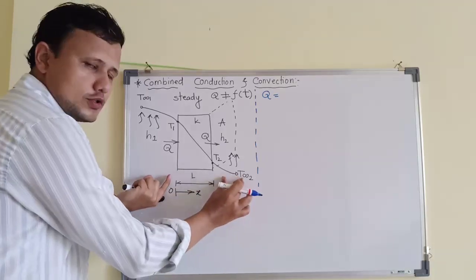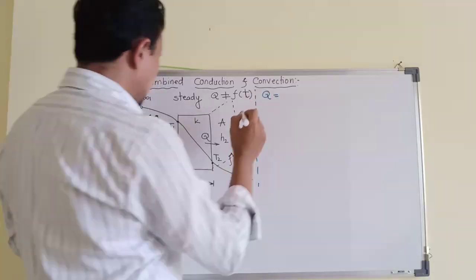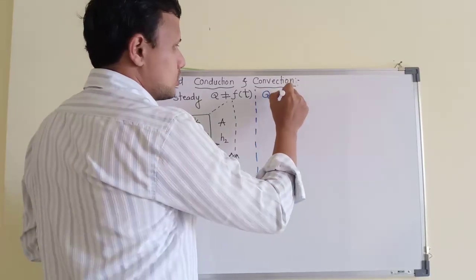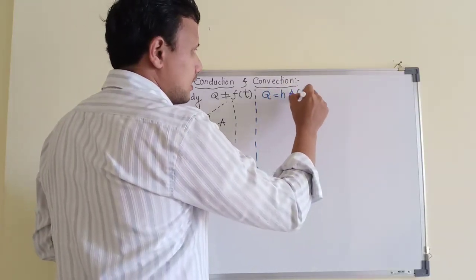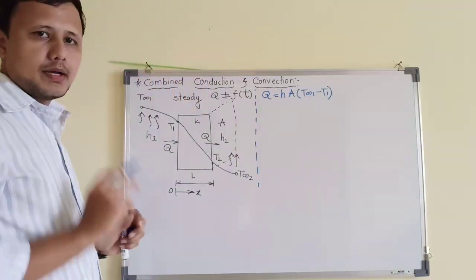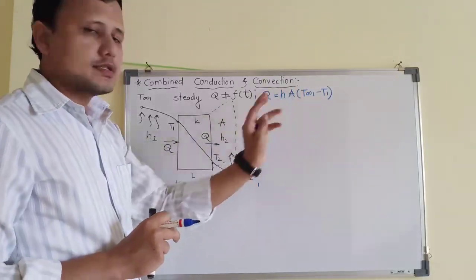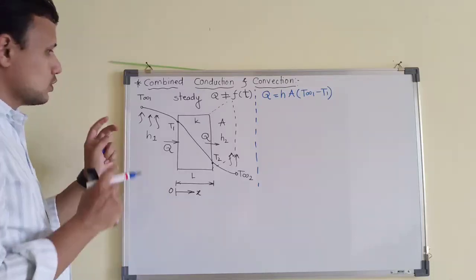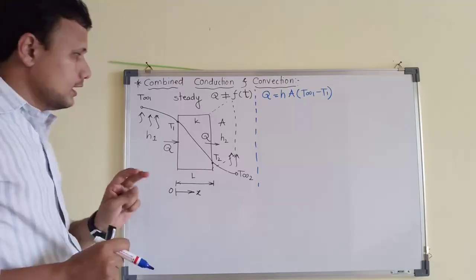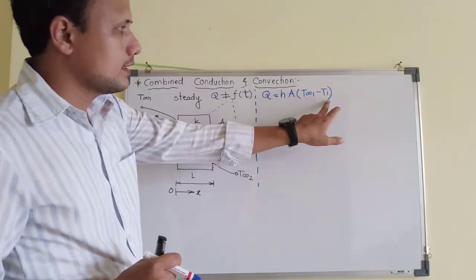Convection is given by Newton's law of cooling. Conduction is given by Fourier's law of conduction. So this Q is equal to, firstly for the first section, from left to right systematically we will write. This is because of convection, so I will write hA into the temperature difference between fluid and surface. Remember, I have told you that which temperature you write first doesn't matter. We are interested in delta T. In the case of the law, when we studied it, Ts was higher, T infinity was lower. In this case, T infinity is higher, Ts or surface temperature is lower. So we have to write it that way.